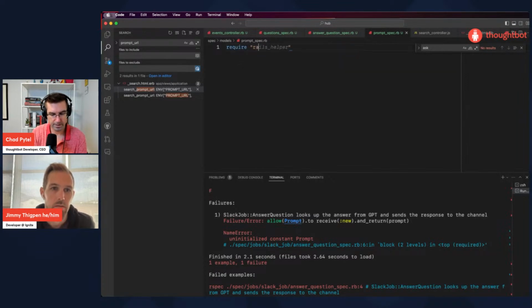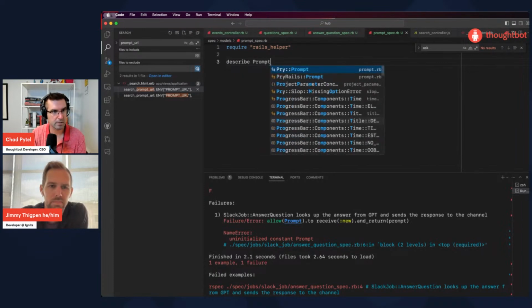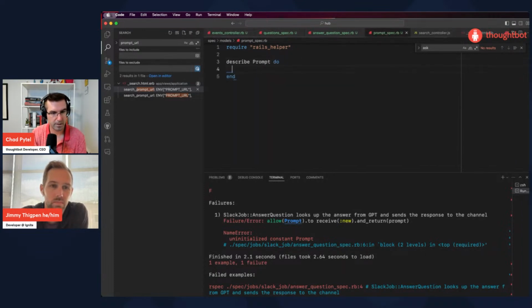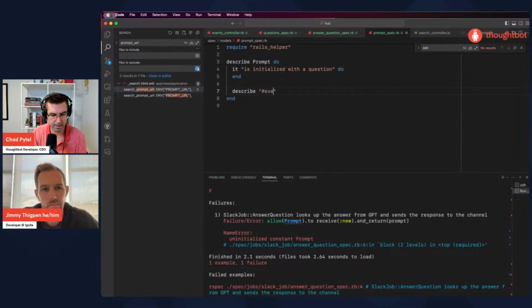Yes. And so I'm going to write the test first for this. And so I said that it initializes, it is initialized with a question, and it, actually describe execute, it returns the answer given from the search service.